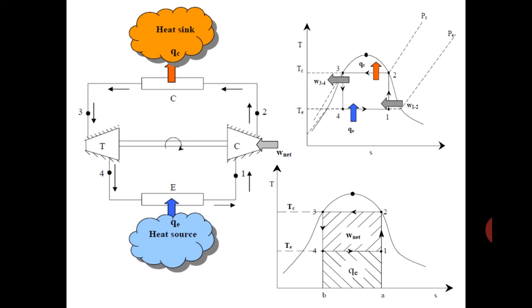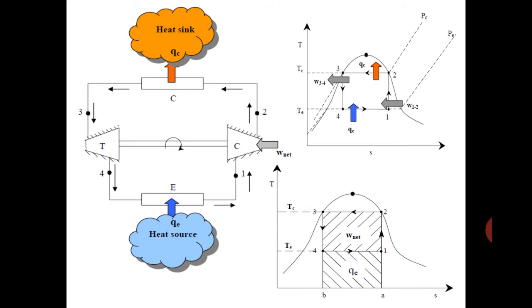This expansion takes place in the turbine, and according to the Carnot refrigeration system, we can obtain some positive work also during this particular expansion, that is during the process 3-4. And now after expansion some flashing is also there, that means some refrigerant is directly converted into vapor from liquid during expansion, but most of the refrigerant remains in the liquid form. So this liquid again evaporates in the evaporator during the process 4-1 and absorbs the heat. So due to the absorption of heat by the refrigerant in the evaporator, we get the cooling effect.